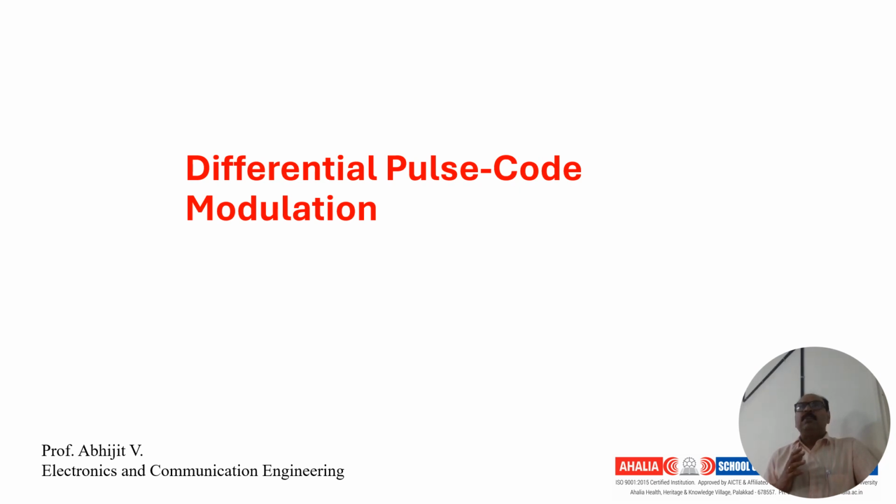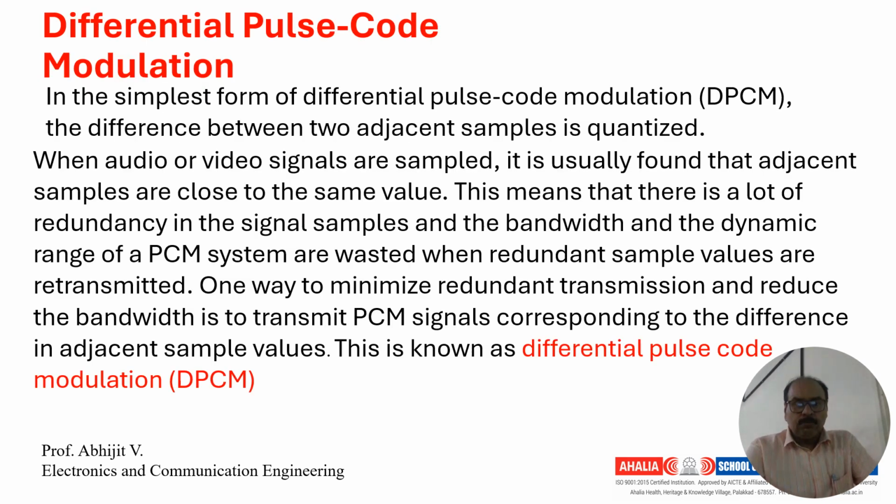In this session, we will be understanding a different flavor of pulse code modulation called differential pulse code modulation. It is observed that in most cases, the adjacent signals are very similar. So in order to reduce the effective transmission, in order to reduce the bandwidth and all the other constraints, we came to understand that